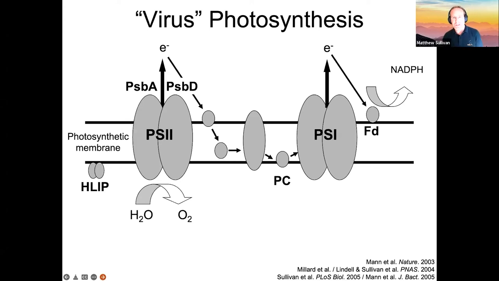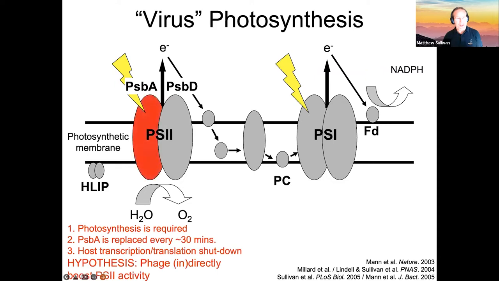Why is it that viruses have photosynthesis genes? The idea is that in the cyanobacterium, you have a photosynthetic membrane with two reaction centers, PS2 and PS1. And light strikes PS2, where a photon of light excites an electron, enabling PS2 to split water into hydrogen and oxygen. And there have been 4 Nobel Prizes won studying this process, because oxygen and hydrogen are, of course, critical. That excites an electron through a series of electron donors and acceptors to PS1, where a second photon of light strikes, excites an electron, and that gets passed to ferredoxin and onto biomineralization reactions.